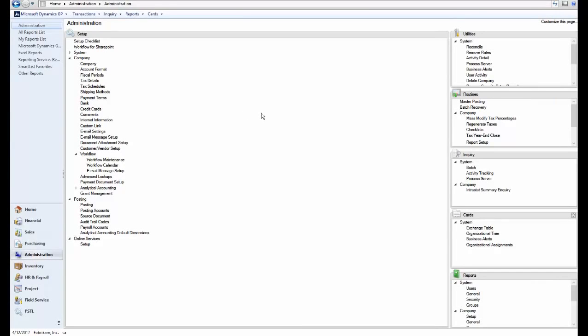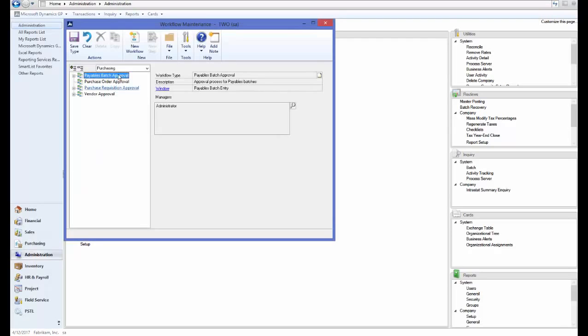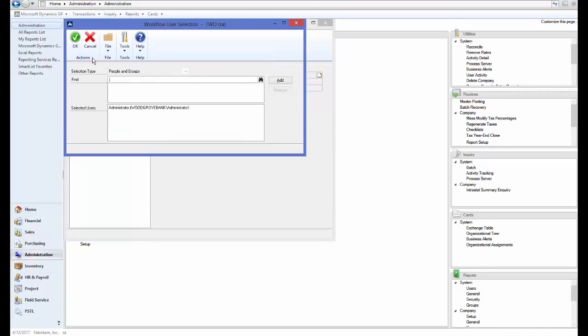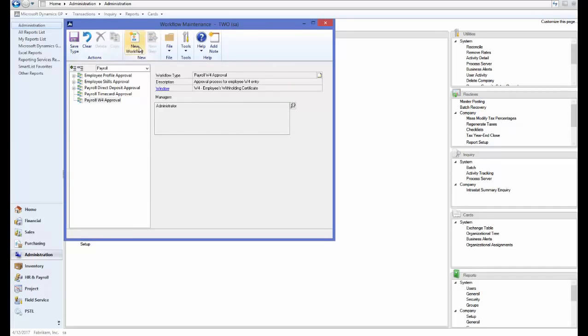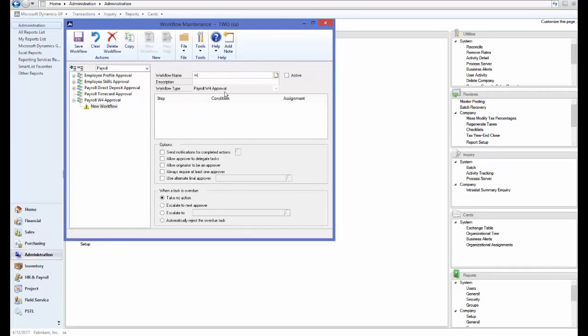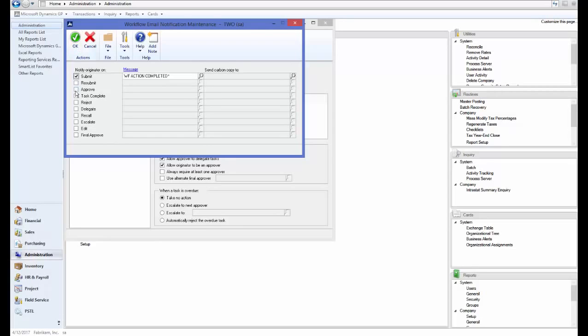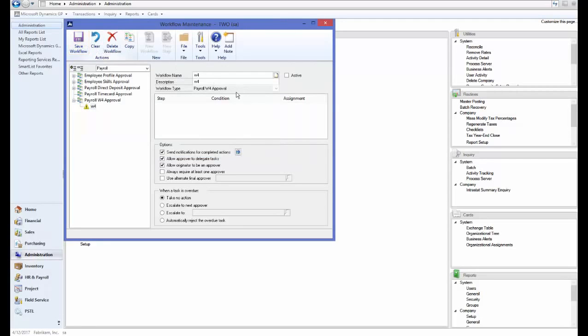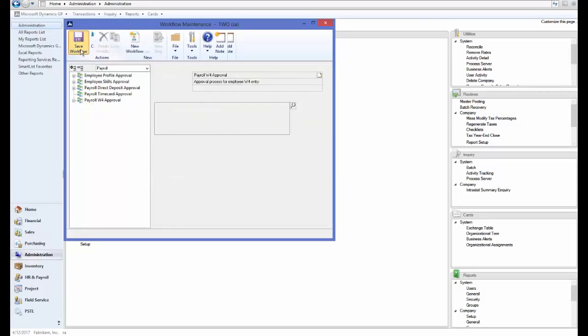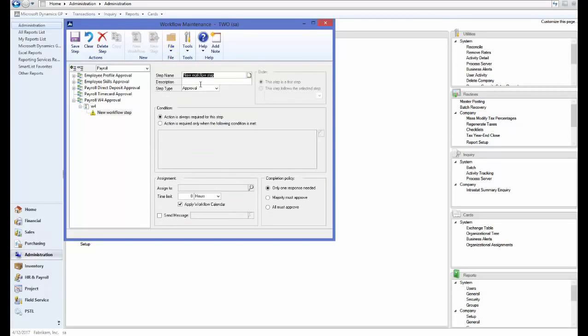To enable the W4 workflow, under the Administration, Company, Workflow, Workflow Maintenance, Payroll Series, the W4 approval, select your manager, click Save, New Workflow, title your workflow, select your options, click Save, New Step, name your step,